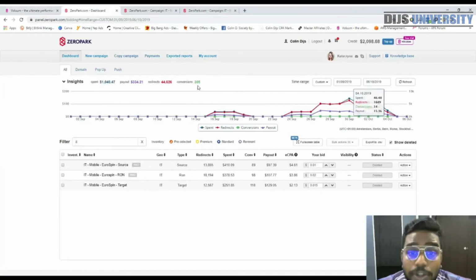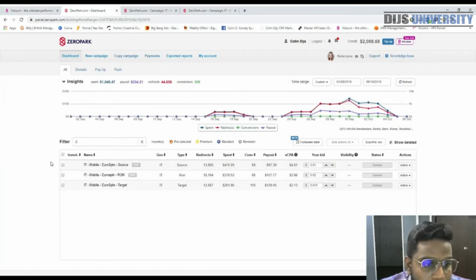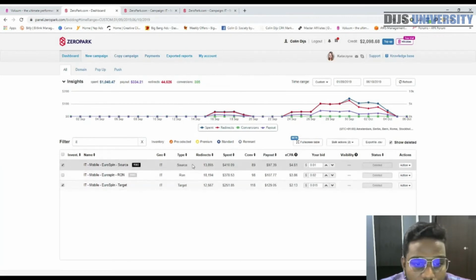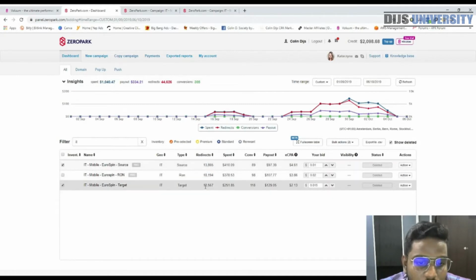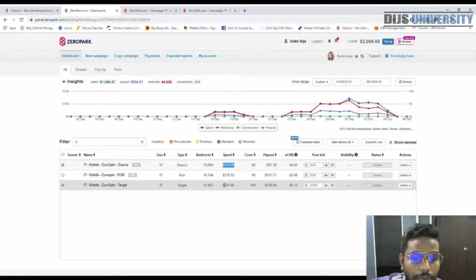I've already talked about the overall campaign, and as you can see over here, we are looking at this one as well as this one. Let me just tick so that you don't get confused. So there were redirects 13,865. This one was 12,054, 567. The amount that we spent for this particular campaign was $410.09. For this campaign was